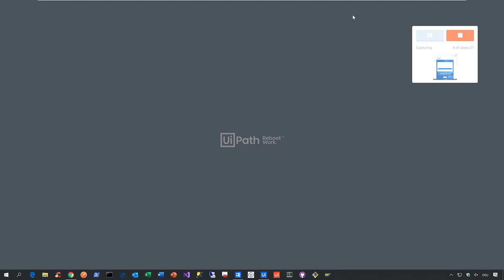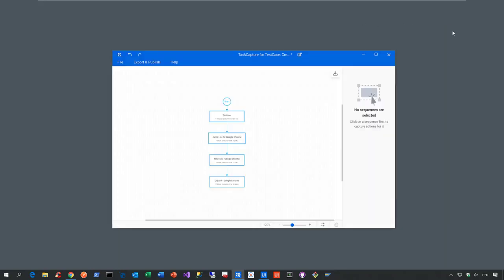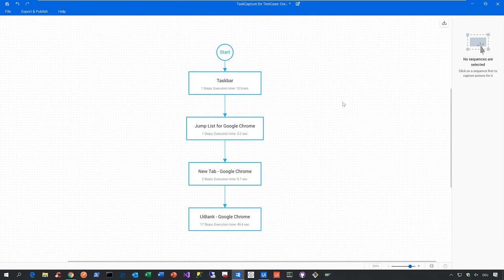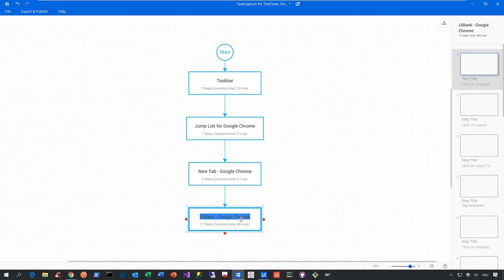So the recording of all my mouse and keyboard interactions is really unintrusive. That means you don't feel it. So now let's see what Task Capture in that case created. So let's stop the recording. Once we stop the recording, we'll get back to Task Capture. And here already we see, when we zoom in a little bit, a diagram of all the applications we've interacted with. Now, when I click on one of them, you can see on the right-hand side all the steps I've